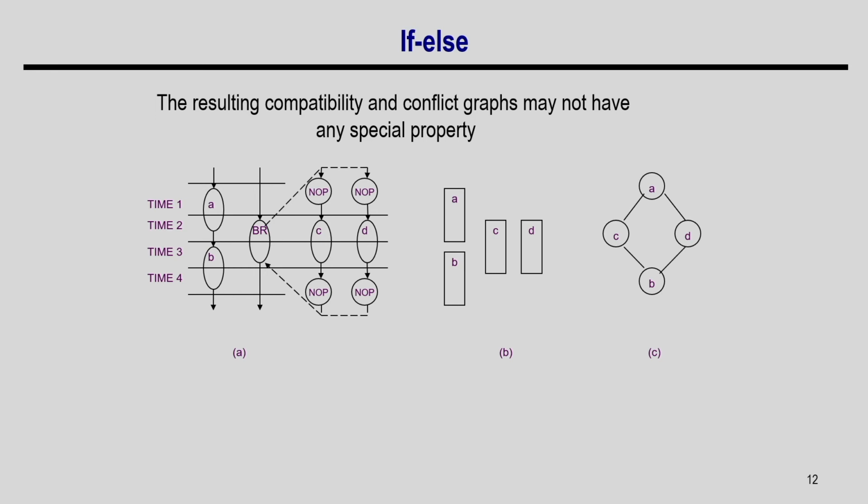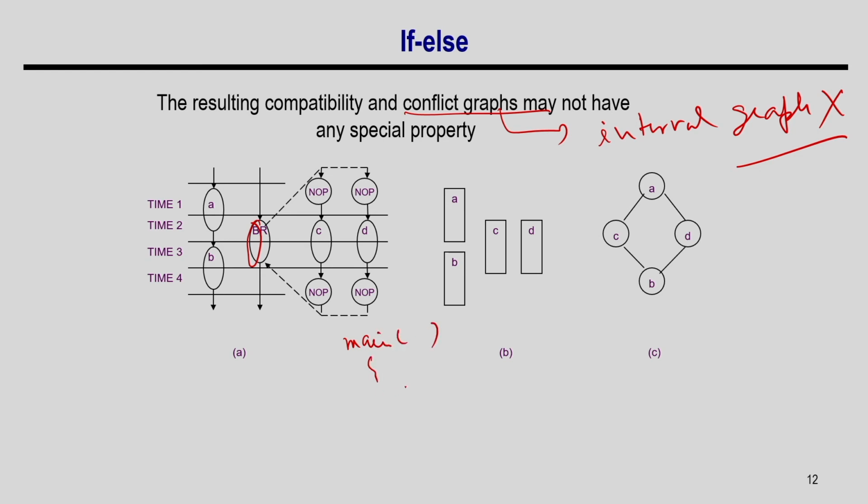I already gave an example that an if else is a single node and it has branches like this. Then again I am going to say that this complete graph will not remain an interval graph. So, this will not hold even for if else. Let me take an example: suppose I have two multiplication operations. Let me write this main again, to make this problem realistic. Suppose I have an operation A which is B star C, and then B equal to A star X, and then you have an if else.